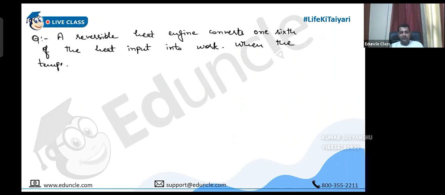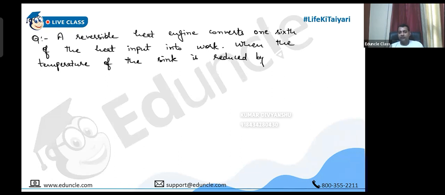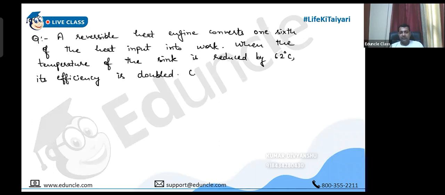When the temperature of the sink is reduced by 62 degrees centigrade, then its efficiency gets doubled. You have to calculate the temperatures of the source